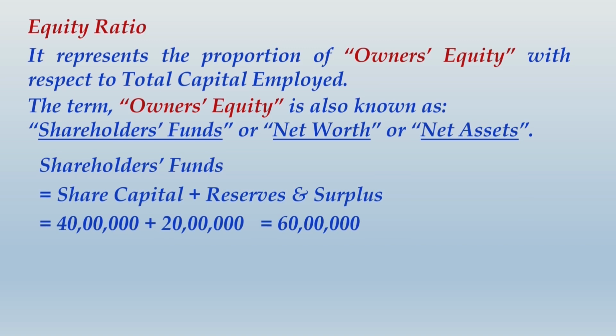Now in the LTFD chapter, the long term financing decision chapter, haven't you seen that there are 4 sources of long term funds? One is debt, one is preference share, one is equity share, one is retained earnings. So the shareholders' fund component will actually include 3 components: preference share capital, equity share capital and retained earnings. In our example, there is no preference share capital, so shareholders' funds will be basically 60 lakhs.